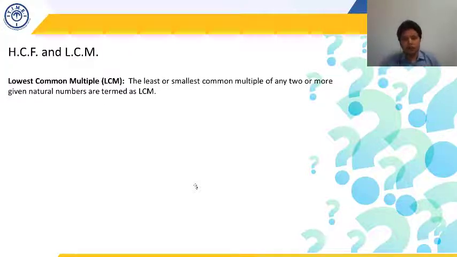I hope it is clear to everyone. So least common multiple is the multiple which is common to all the given numbers, whether there are two numbers or more numbers given. So it has to be common for both. That is our least common multiple, right?